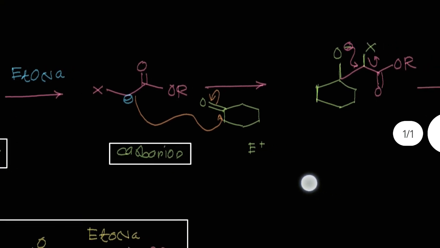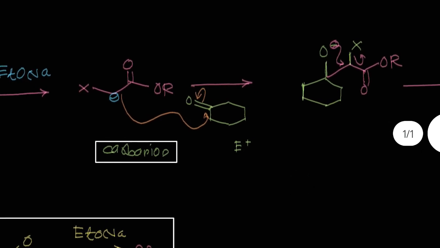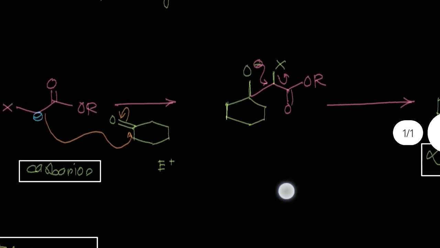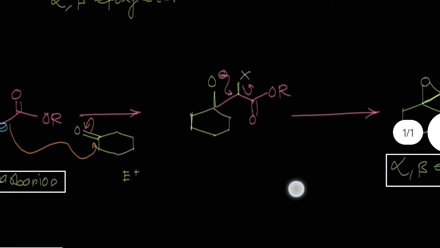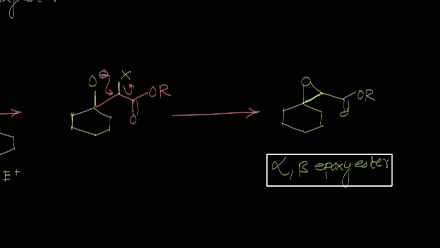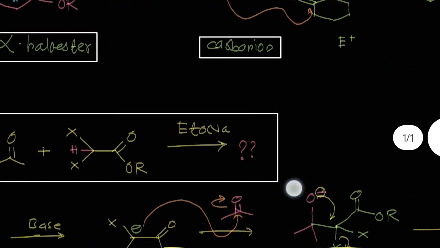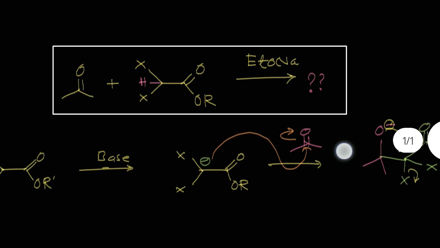So in that reaction, a C-C bond is developed between the alpha carbon of the ester and the carbonyl carbon. The intermediate developed will undergo removal of halogen in the last step, which gives the alpha beta epoxy ester. So this is one of the best reactions to transform into the epoxide without affecting other functionality like ester.